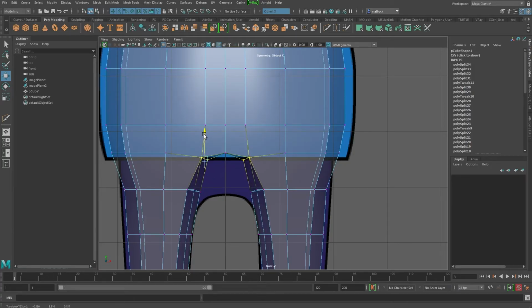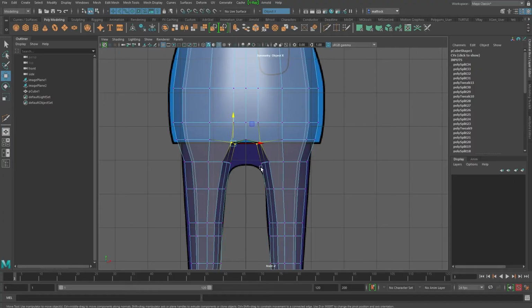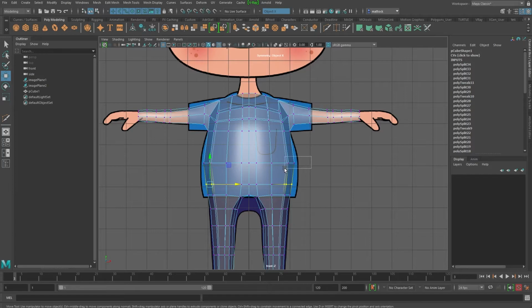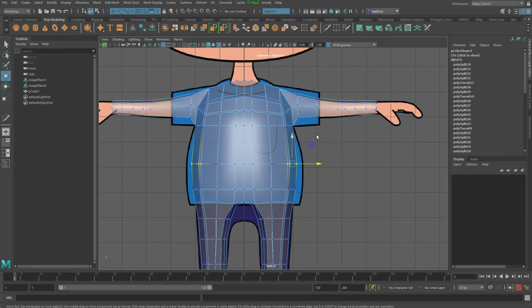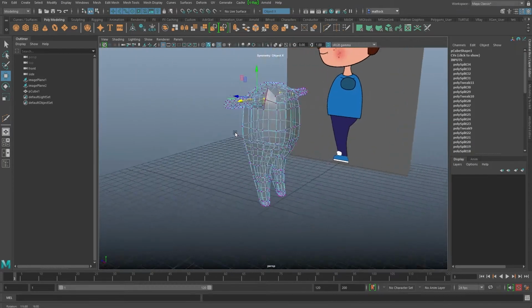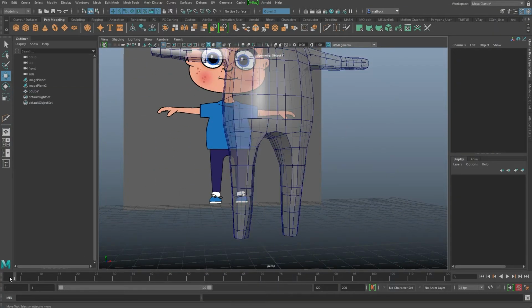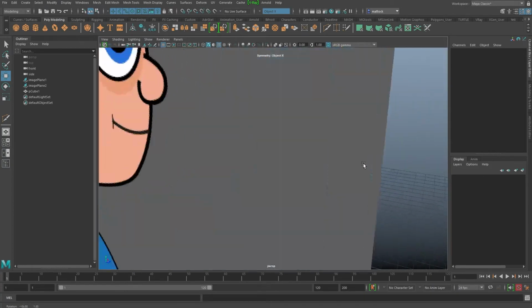I'm going to move these up because his clothes are going to go over that bit there. And there we go. We have our basic torso. You can keep tweaking, you know, on and on and on. It really is endless like that, but you just do have to learn when to just move on. But let's have a look at this now. Let's take our timeline back to solid. There we go.